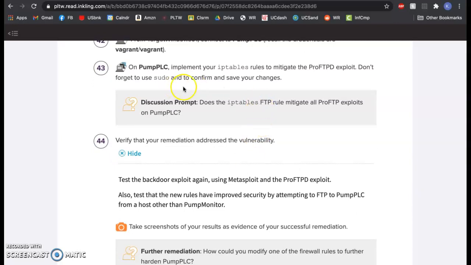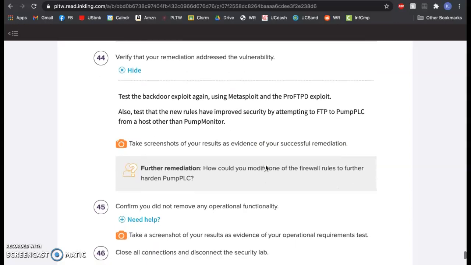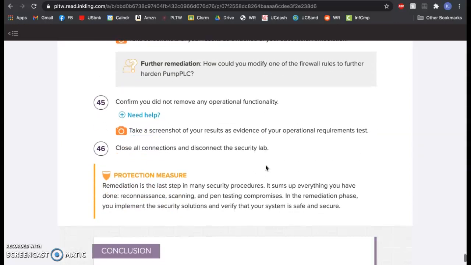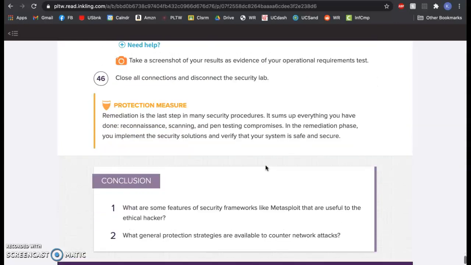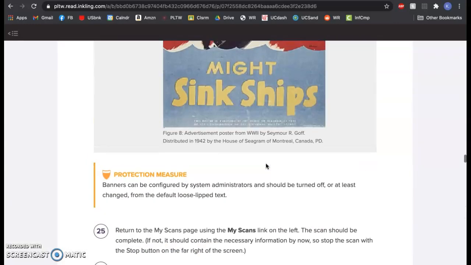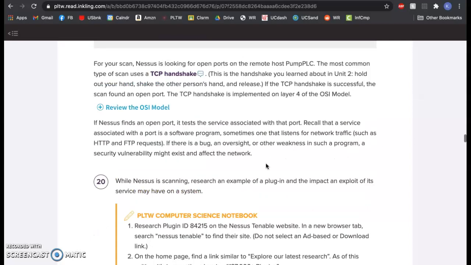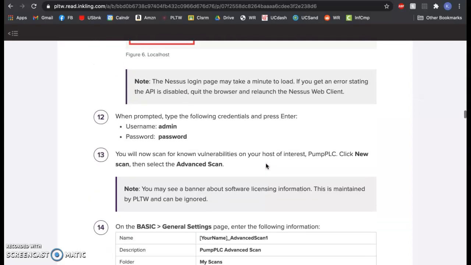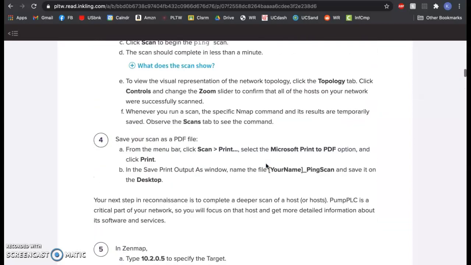And we shouldn't be able to connect to FTP from target windows. FTP should actually just be from Pump Monitor to Pump PLC. So try that out. You'll have to jump back to the previous lesson where we messed with IP tables and stuff like that, which I think was